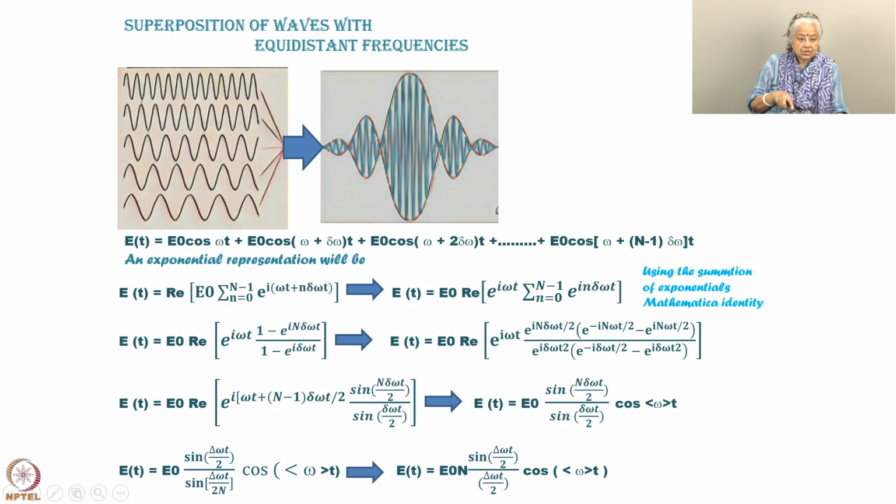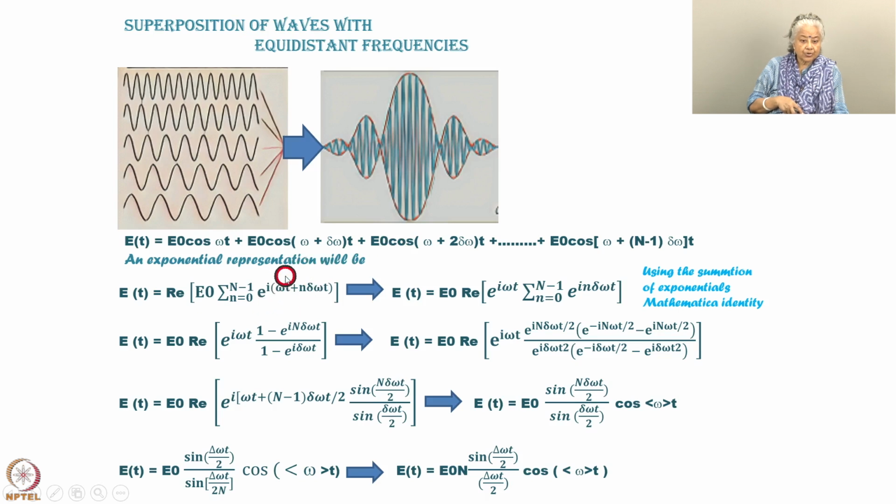Okay. So, it is really a long right hand side. So, let me write it in a shorter form. Shorter form would be to represent it in an exponential representation. So, any wave, you know, cos can be written, or any wave can be written, in terms of an exponential